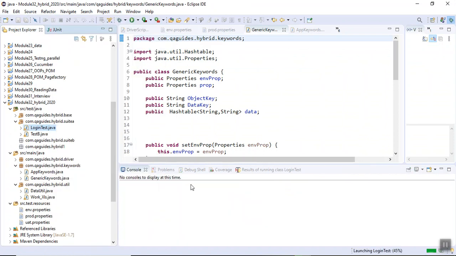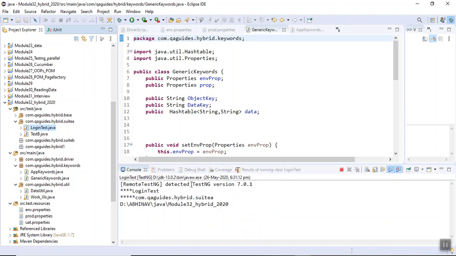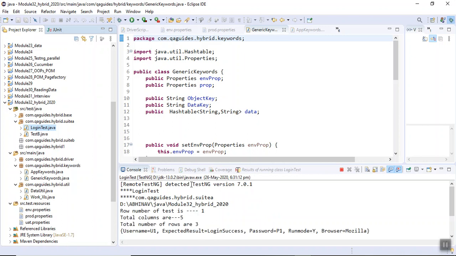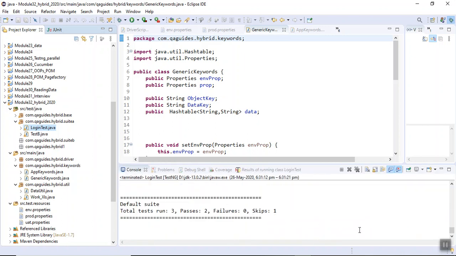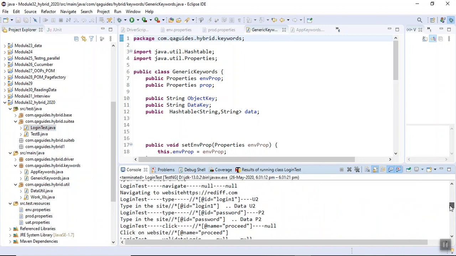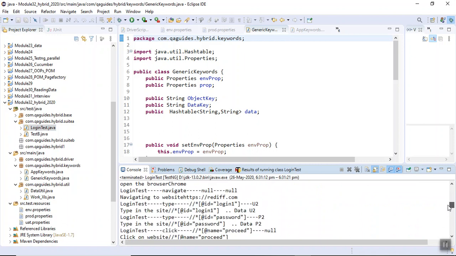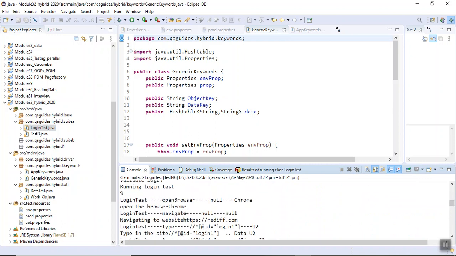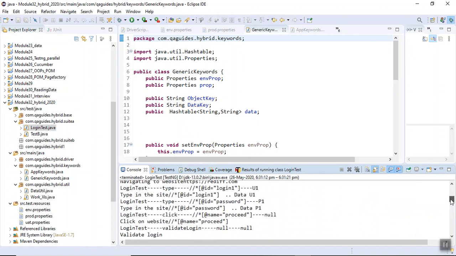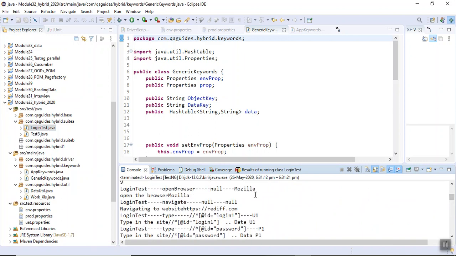Okay. See, only one skip. And now you can see it's now browser Chrome. Okay. And it is browser Mozilla. Okay. So it has run twice.